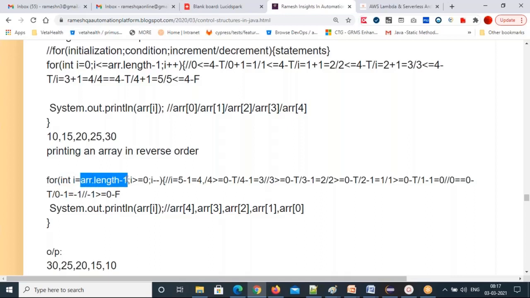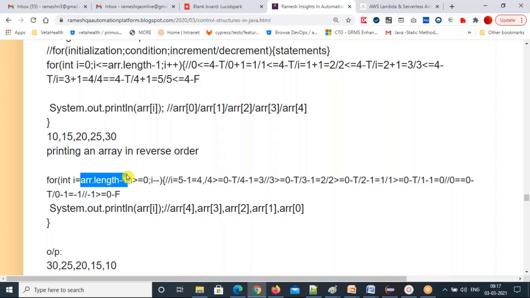That's the last element index you have to give. Don't hard code. And then I greater than or equal to 0, I minus minus. I'm reversing. So till 0, my minimum value is 0. But I need to start with the last element. What is the last element index? Array dot length minus 1.